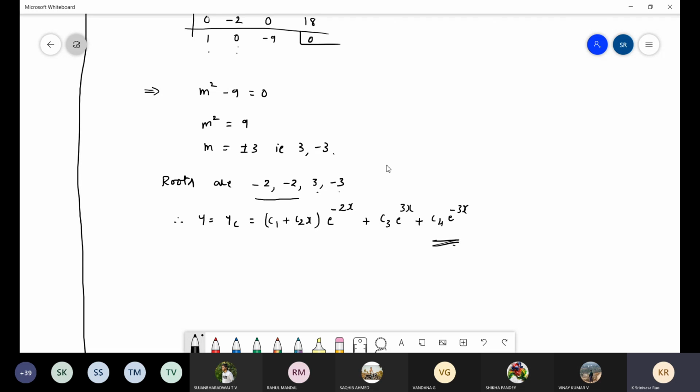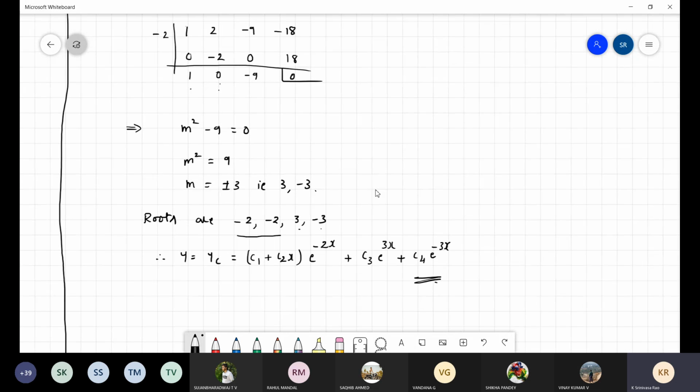You got it. Actually in the next problems you will get different roots, real distinct, real and equal, complex, every type of root will come. You have to write YC, and it is only 2 to 3 marks up to here. Actually sometimes this 4th order they will give for 6 marks. Okay, only RHS is 0. So this is the way of solving, calculating YC. Do you have any doubt? I will tell you one more method, in 1 minute.